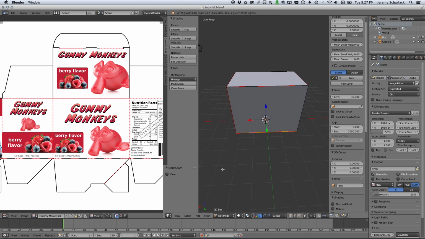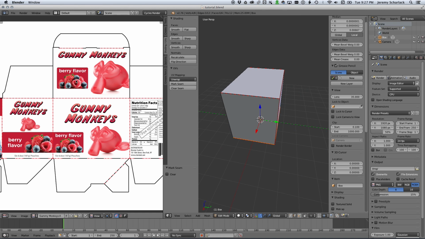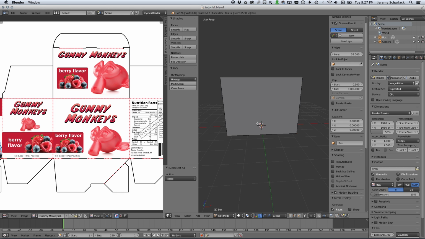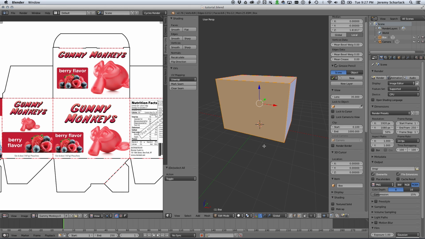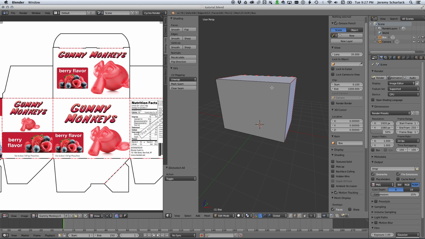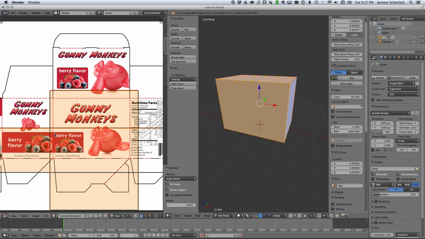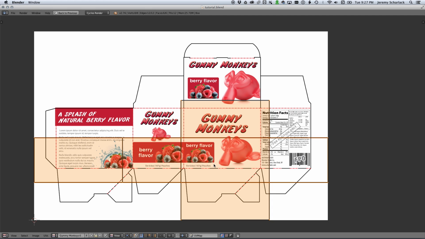So there we have these 3 seams, and these rip open so we can wrap this 2D image around this 3D object. And the way we do that is, now what we want to do is hit A. A deselects everything or selects everything. So if you have one thing selected and you hit A, it deselects it. But if you have nothing selected and you hit A, it selects everything, which is good because we want everything selected. So then what we can do is go to UV mapping, Unwrap, unwrap. All right, and so you can see that this is actually the basic shape of these die lines,